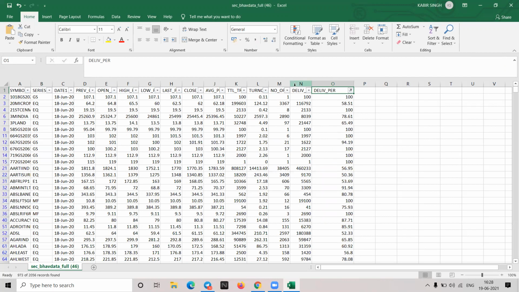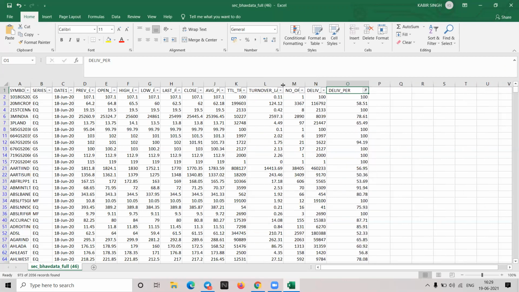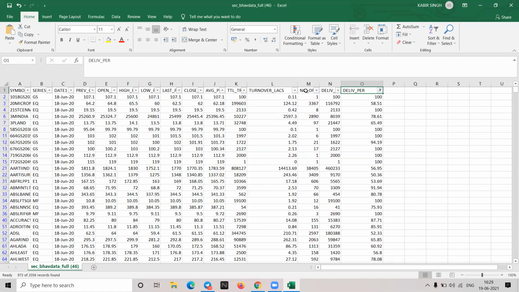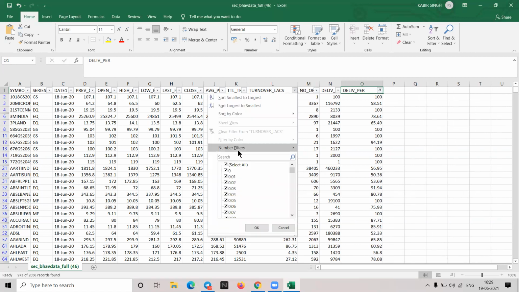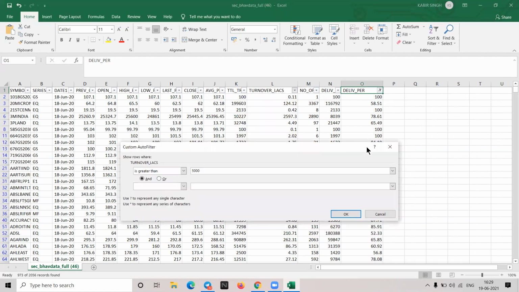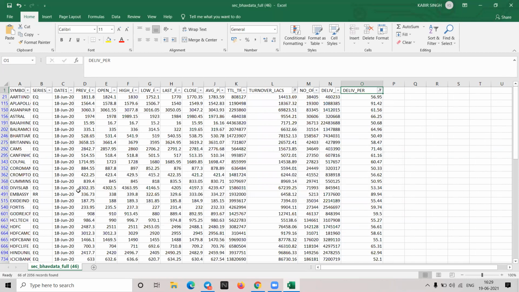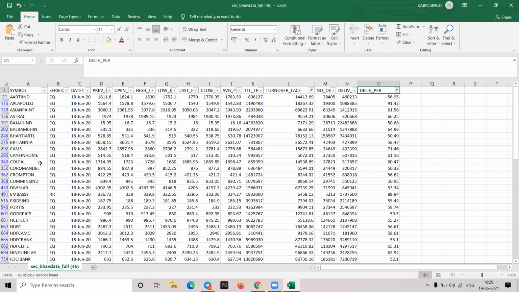Okay. And there is one more column which is known as turnover, how much trading has happened. Here also you can put a filter of like more than 5,000. You'll get a limited number, like 66 companies here. Then just have a look if some sector specific companies are there, or if there is a company which is coming up with some kind of financial announcement. If those kind of companies are here, then you can pick that for investment.